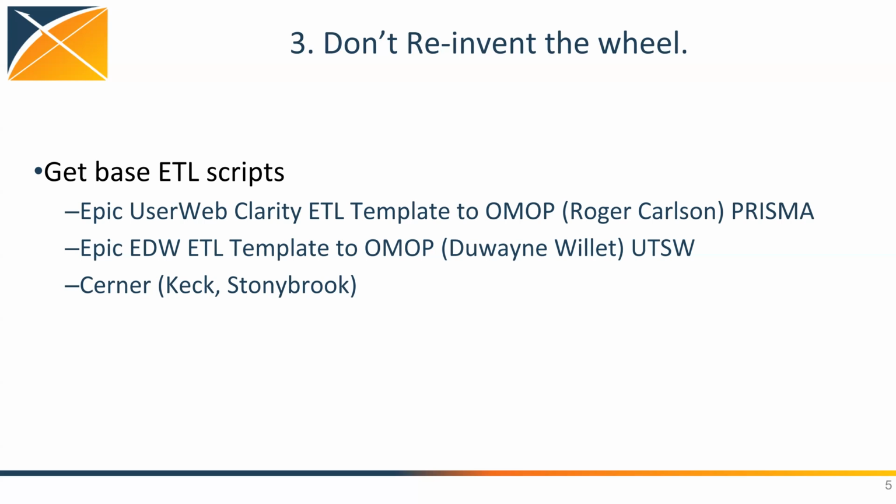And so you can really get started far out of the gate using existing transformation templates. And these are basically SQL code that has been built and is meant for sharing. And I really think one of the most heavily developed ones was by Roger Carlson from Prisma, who's shared on the Epic User Web, which is coming from the Clarity relational database from Epic, and it transforms that into OMOP. More recently, Dwayne Willett, the CMIO at UT Southwestern, has developed an incremental loading methodology off of the Caboodle